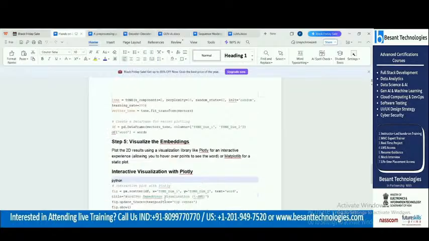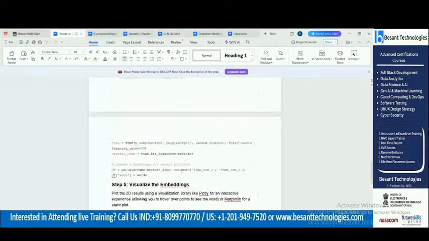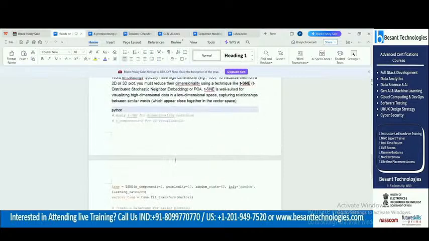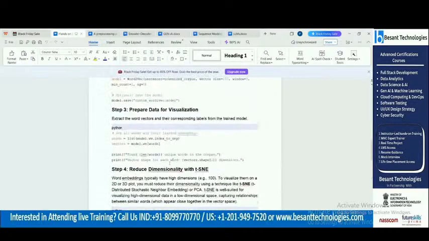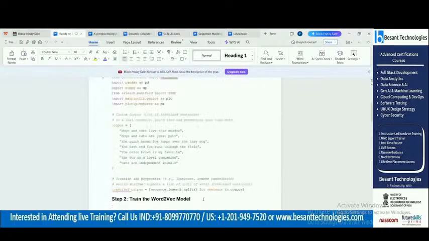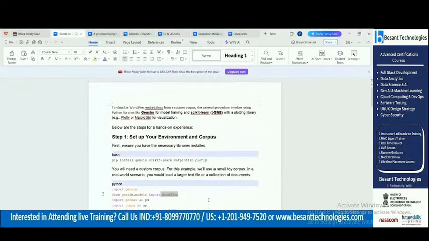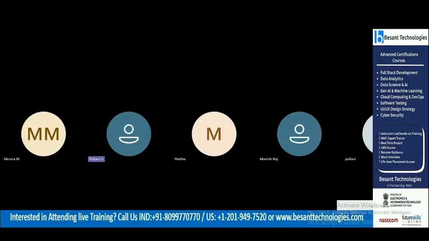You have already done all this programming, right? Data science with Python, data frames and all. So you just have to go through this. In this way, you are going to prepare your new word embedding sample project or sample file. Does anybody have any doubt in this?